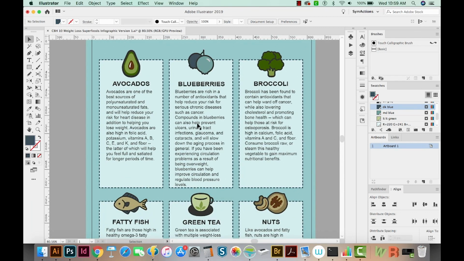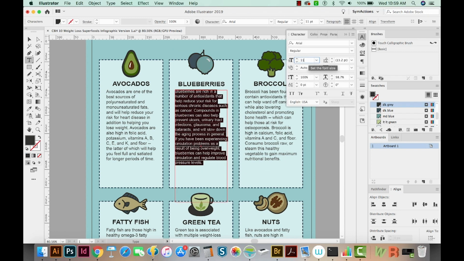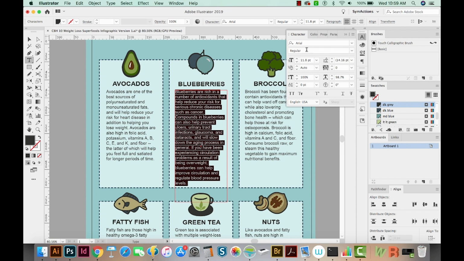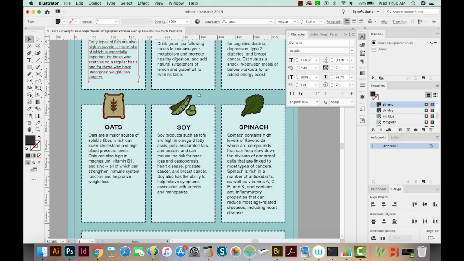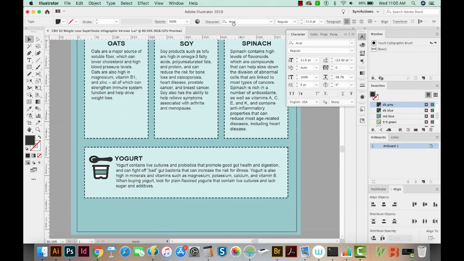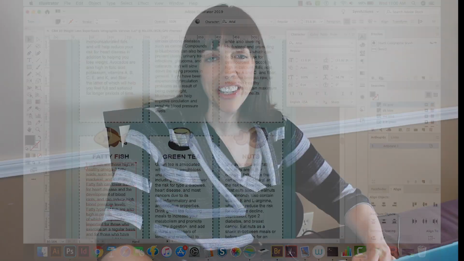Okay, so after you've changed all your fonts, you're going to want to go through and make sure things aren't really weird, like this is a little bit too low, so I'll just reduce this maybe to 11.8, 11.6. And here we've got a little overset text red mark, so some of the text has been pushed outside the box. So we'll want to do something about that too. So if you make a major font change like that, you'll want to go through and just make sure there's no problems like that.